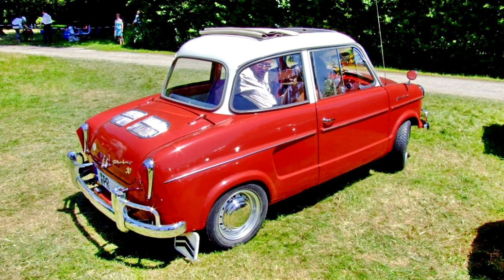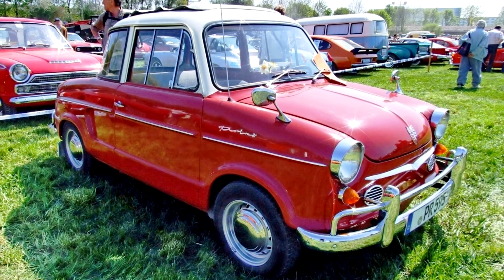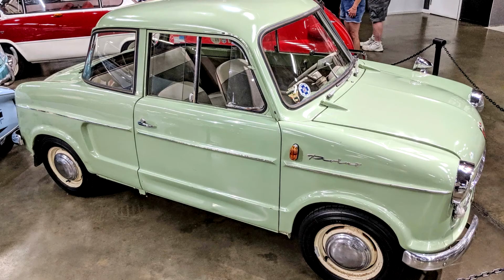The Prinz I was available as a two-door saloon featuring an upright roofline and seating for 4 people. The doors opened wide enough to permit reasonable access even to the rear seats, although leg room was severely restricted if attempting to accommodate 4 full-sized adults. In addition to a luggage compartment accessed via a hatch at the front of the car and shared with the spare wheel and fuel filler, there was a narrow but deep full-width space behind the rear seat sufficient to accommodate